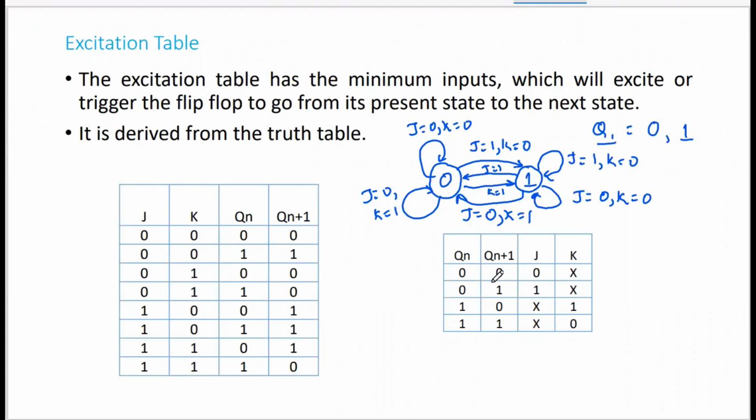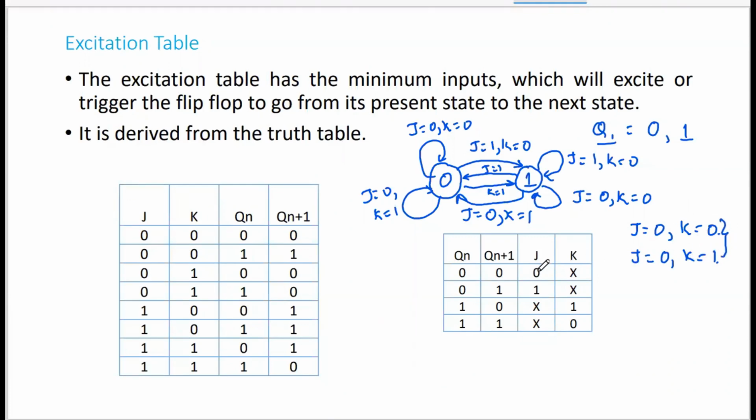You know that this is the present state, and you know this is the input. So on the basis of that, you can easily tell what is going to be the next state, or how your system is going to be excited. So if present state is 0 and next state is 0, then what are the options? J is equal to 0, k is equal to 0, yes. That will be one of the options. That means your system is actually retaining the previous state. Next, if j is equal to 0 and k is equal to 1, then it is making your output 0. So this can be one of the possibilities.